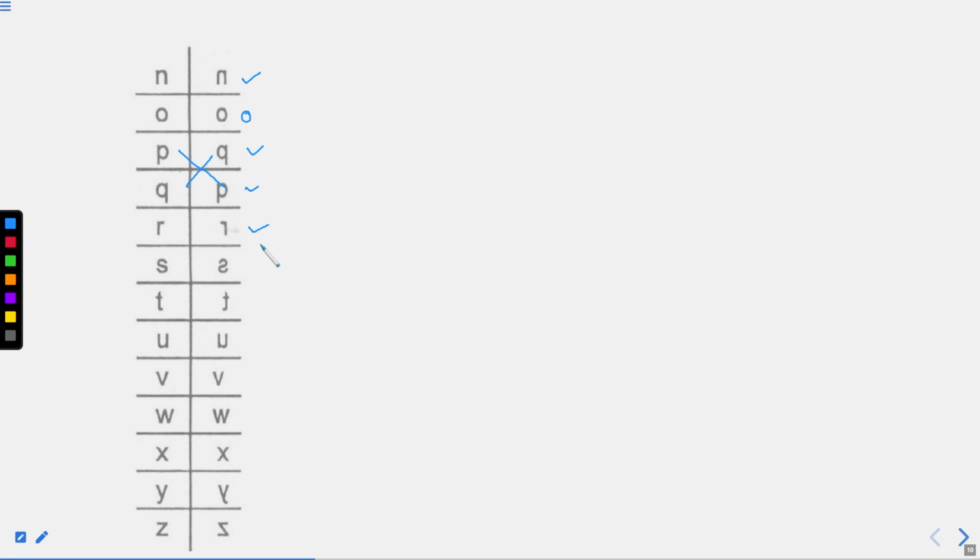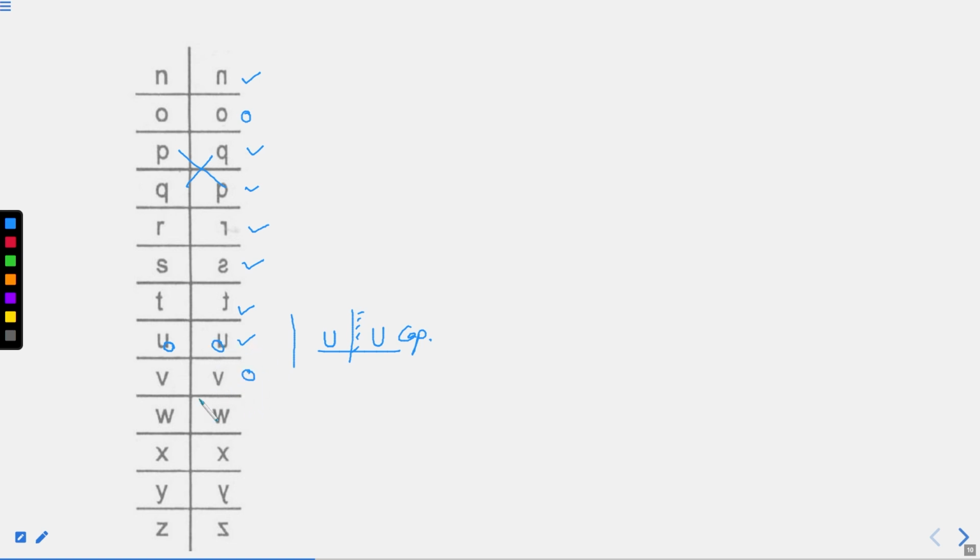For R it is different. For S it is different. For T it is also different. For U it is different. For U, if we write it in this manner only, then we'll get the same mirror image that we get in the capital letters, right? But in small letters we have this slight extension. That is the difference, right? So again it will be counted as different only.